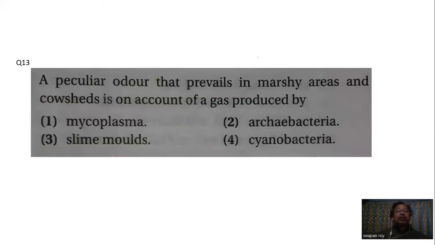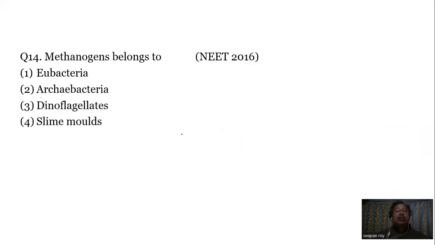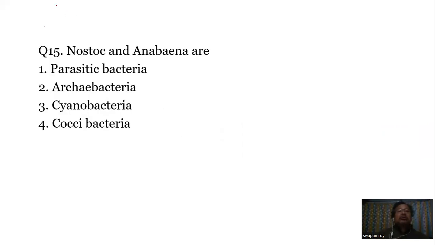Next question, 13. A peculiar odor that prevails in marshy areas and cowsheds is on account of the gas produced by the archaebacteria. And among the archaebacteria, these are the methanogens. Number 14, methanogens belong to archaebacteria. Next question, Nostoc and Anabaena are